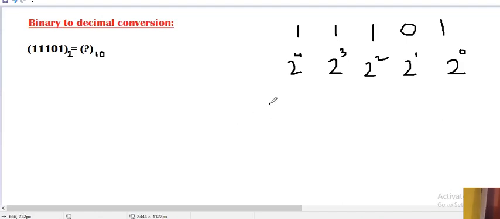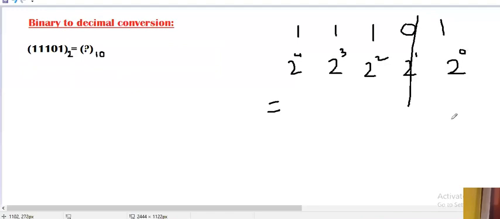So now how to calculate. As we know, all the 0s we will cross first. According to this number we have only one 0, so we'll cross this value, because whatever the value is, when we multiply it by 0, we will get 0. So first we'll cross this. Now we will keep calculating and adding. All the powers will be calculated and then added to the next number.